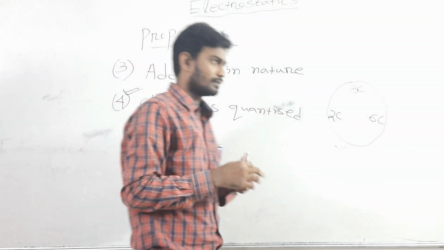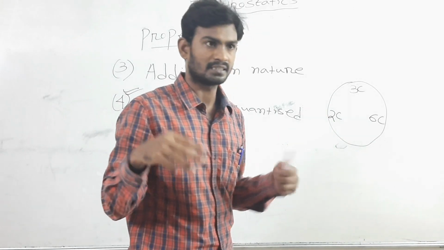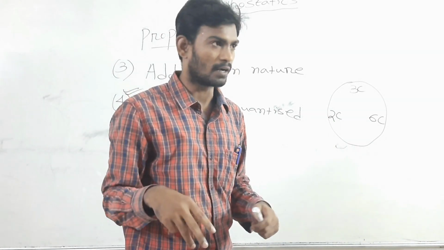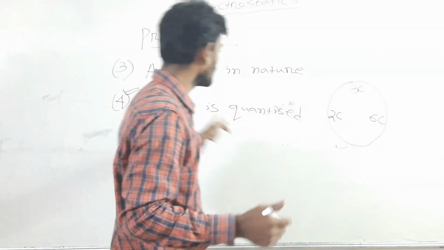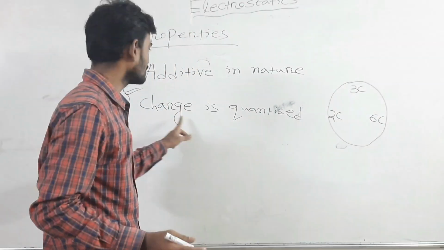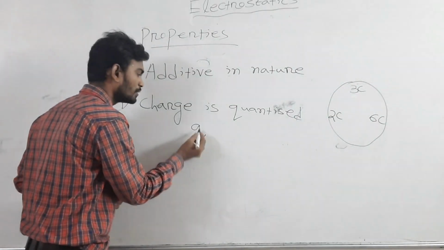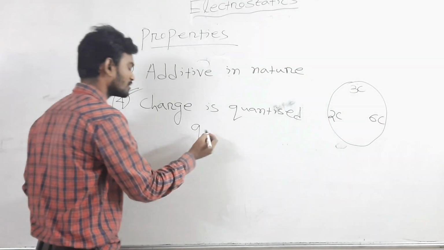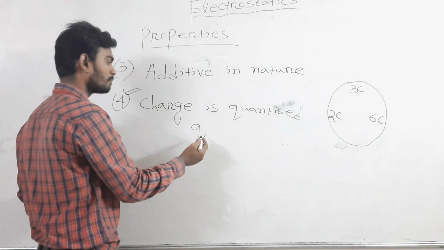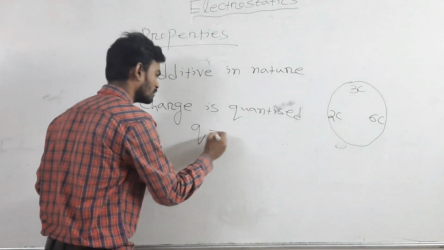Just like the symbol for work is W, the symbol for energy is E. Similarly, the symbol in which charge is denoted is Q. Q stands for charge. So the total charge of an object is equal to